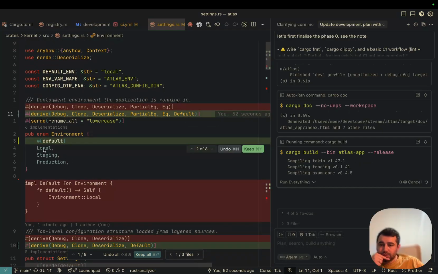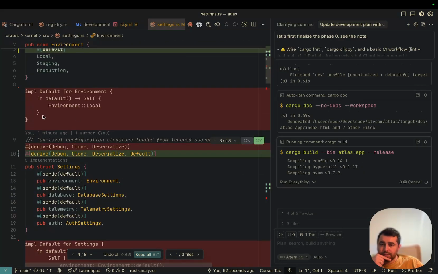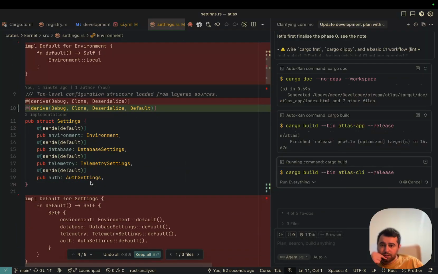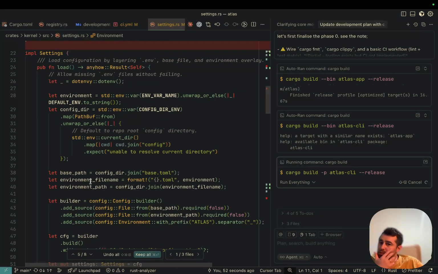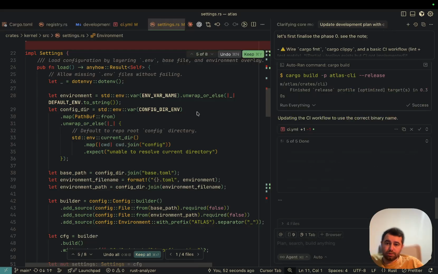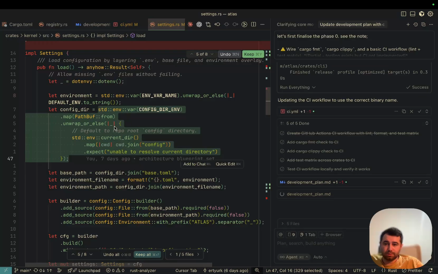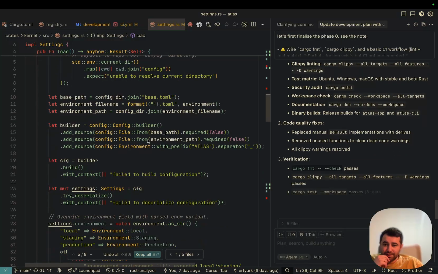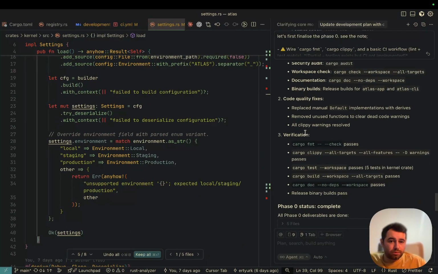Okay, the local will be default. Yeah, when you add this, you don't need to have a default environment. It's nice. I think we need one helper function to retrieve these, because we're going to add many environment variables in the future. Okay, so we left